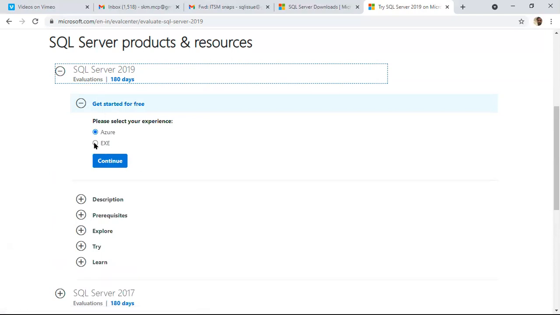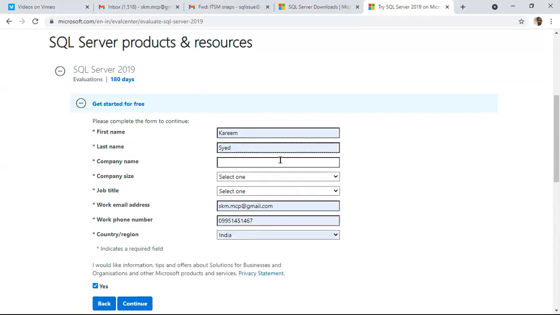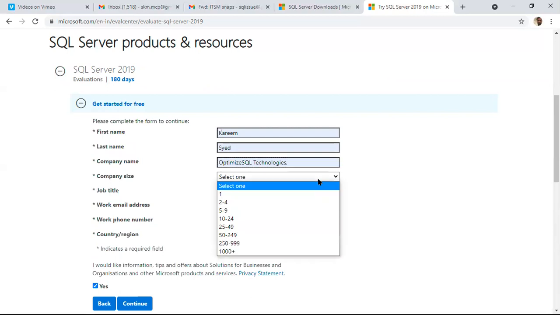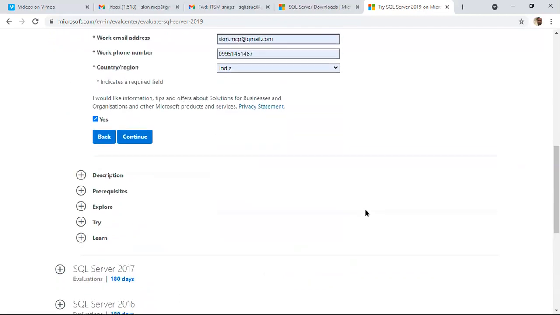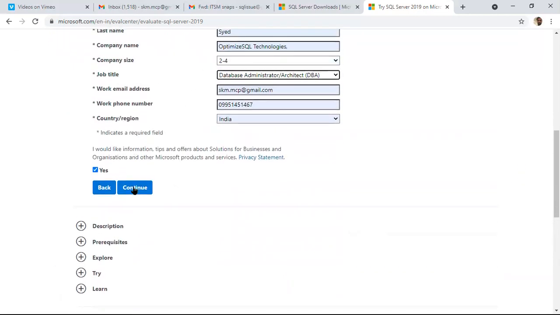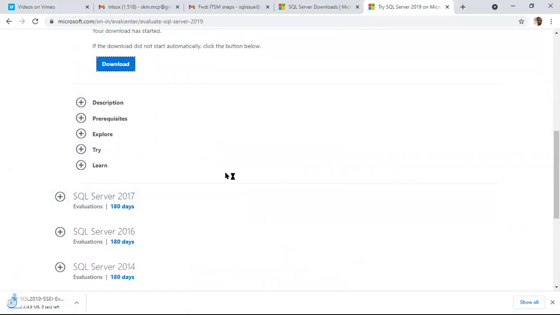Select the exe, continue. We know that Azure is Microsoft's cloud platform. Type any details here. It's not compulsory that you type exact details. Some ABC company name, anything, continue. The installation startup file was downloaded. Next, once I click on this,